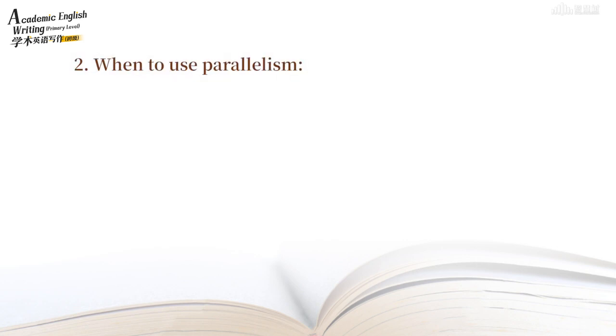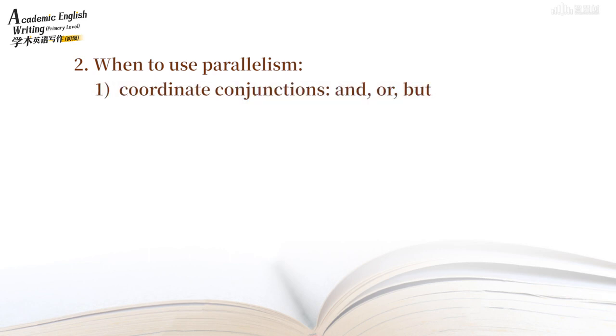In what situations may parallelism be used? You may use parallelism in the following situations. 1. Parallelism is used with coordinate conjunctions: and, or, but. If in a sentence you join words, phrases, and clauses with and, or, and but, you will need to use